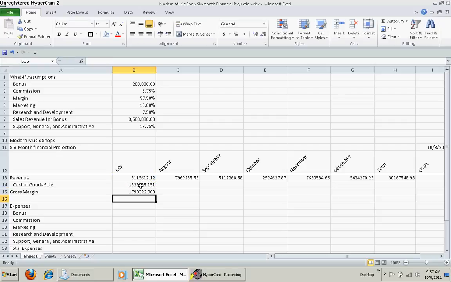The next thing that we want to do is to figure out the bonus. Now the bonus will depend on whether the company had sales revenues bigger than 3,500,000. If that is the case, then there's going to be a bonus of $200,000. Okay. Now to do that, to have Excel make a decision as to whether to assign a bonus or not,